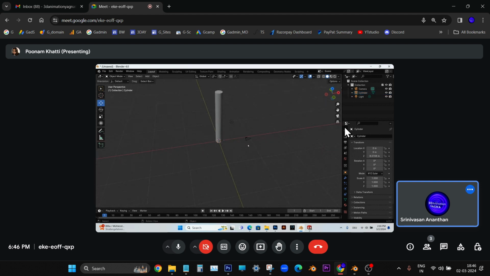Control A. Select the object. No, you should select the object first. It's not in selection. Control A, all transforms. Now we have to add two lines. It is not needed actually, but so that we can know where to paint it. Just select the object and go to edit mode,